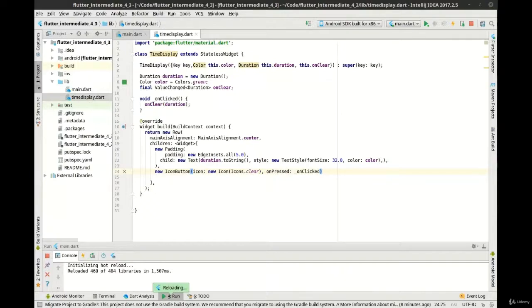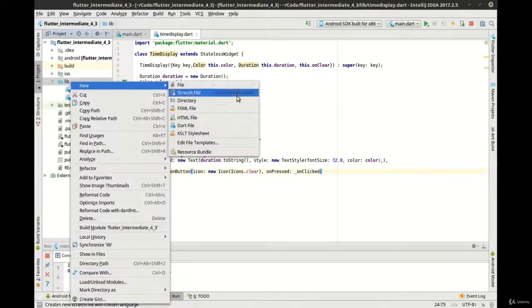We're going to go ahead and make a stateful widget next. Our stateful widget is going to be a little bit of typing here, so bear with me. We're going to say